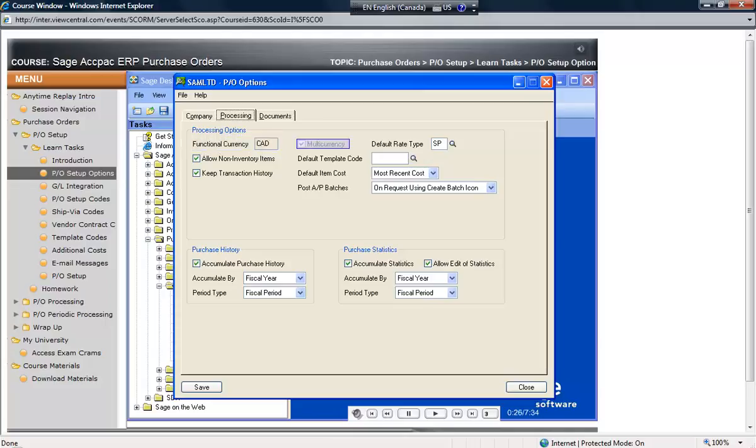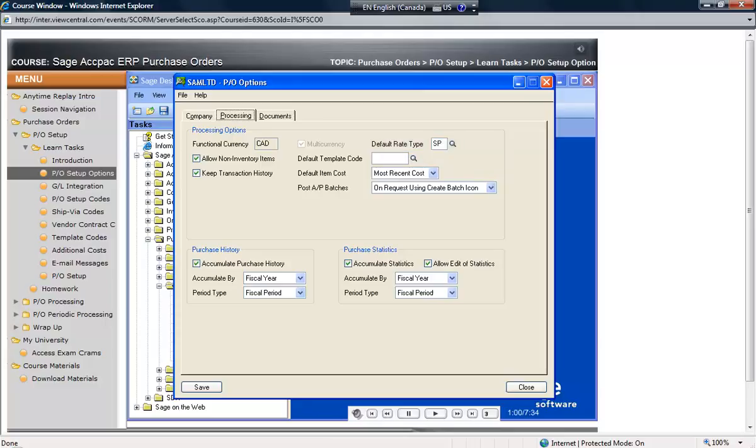However, notice the field to the right called multi-currency. If the multi-currency module is installed, and if multi-currency was selected on the company profile for both common services and accounts payable, this option is automatically activated and is shown for reference purposes only. If the multi-currency module is not installed or activated for this database, the multi-currency checkbox does not appear. The rate type, to the right, determines the exchange rate type to use, as a default, as defined in the